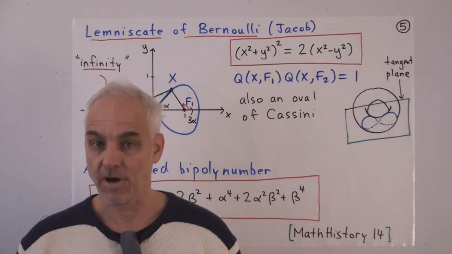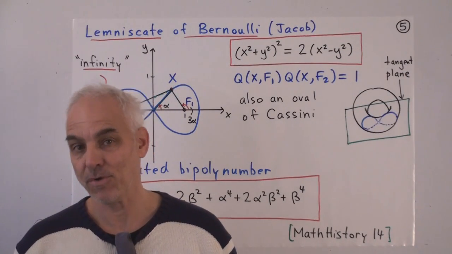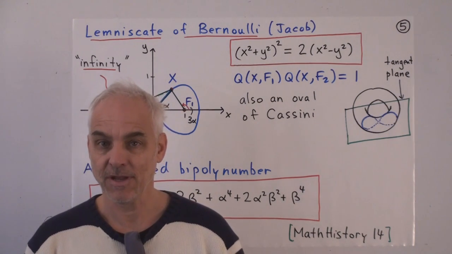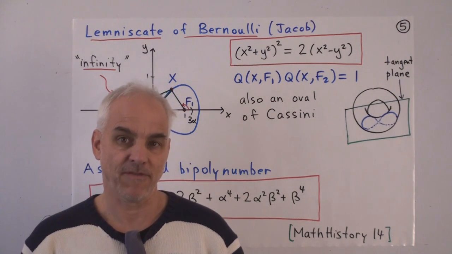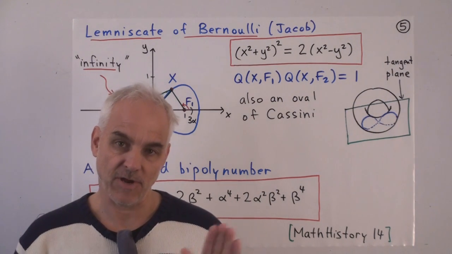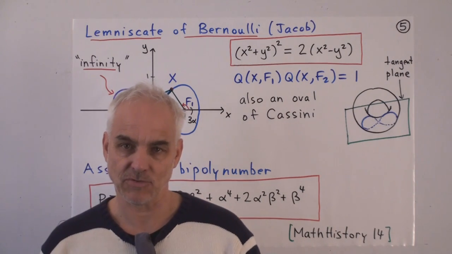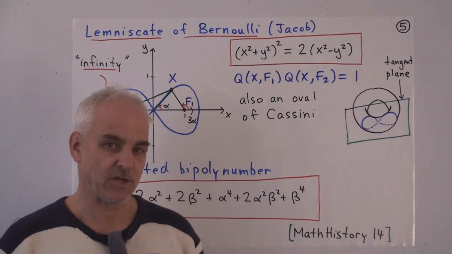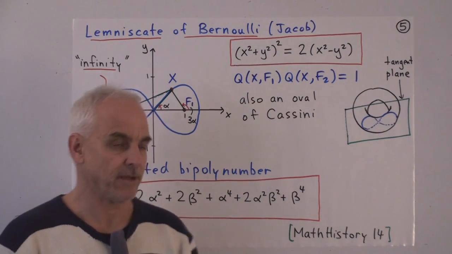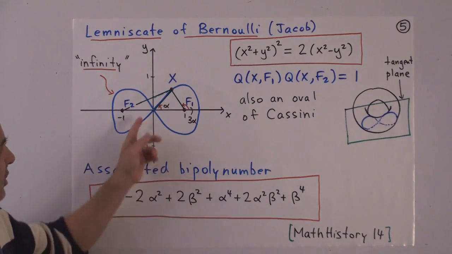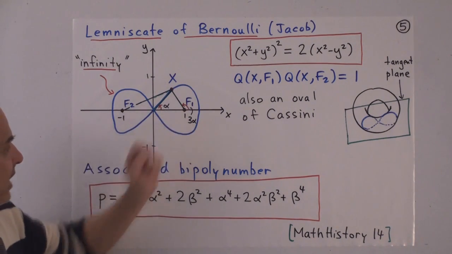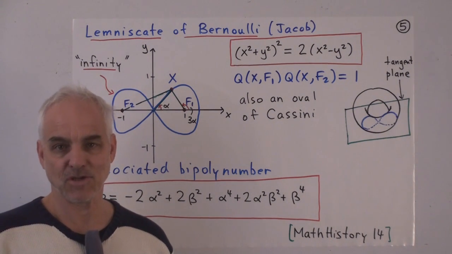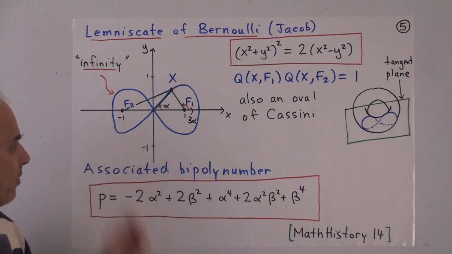Now let's turn our attention to the lemniscate of Bernoulli, which was one of the most important curves introduced in the 17th century and played a very important role in the development of mathematics, especially in the direction of elliptic curves and elliptic integrals. A little bit of that story is described in my Math History 14 lecture, which I actually haven't quite posted yet. Alright, so here's the lemniscate of Bernoulli. It's like a figure 8, and in fact it's the symbol for infinity that is commonly used. That was introduced by Wallis.